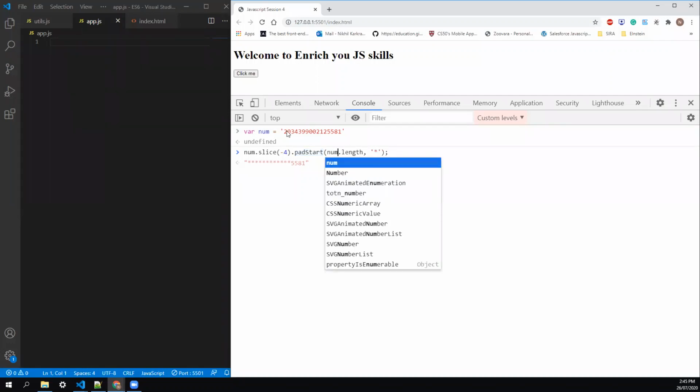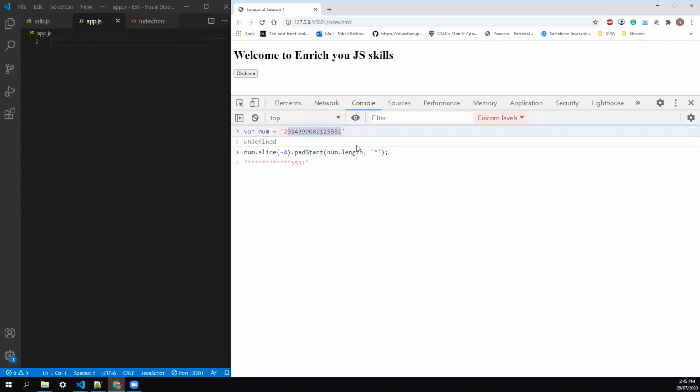So it takes the total length as the count, and in the remaining length, it will put the star. If I hit enter, the length is exactly similar to our number length. We are showing only the last 4 digits using the slice method with -4, which we already saw in our previous videos, and it takes the total length and replaces the remaining length with the star.